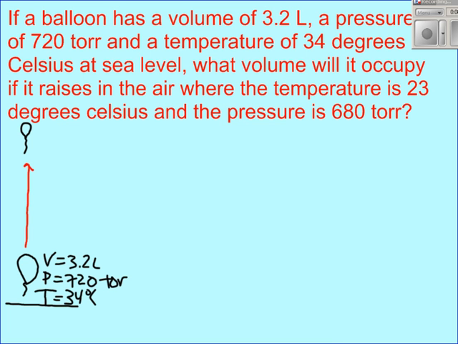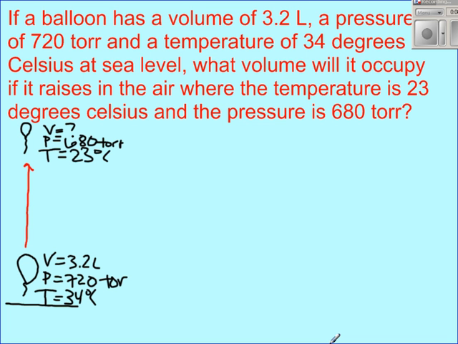As the balloon raises in the air, the conditions change. The question is asking what volume would the balloon be at there if the new temperature is 23 degrees Celsius and the pressure changes to 680 torr. By doing this, we have now not only analyzed the problem, but we've given a good visual of what's actually happening. We're solving for a volume